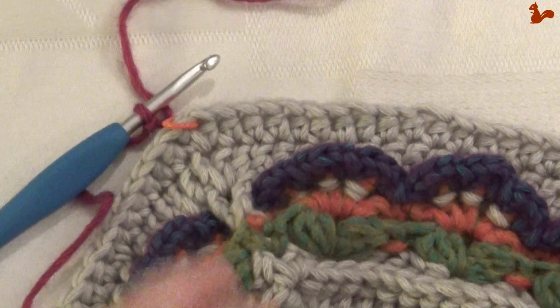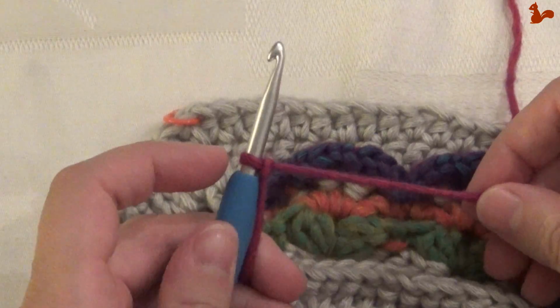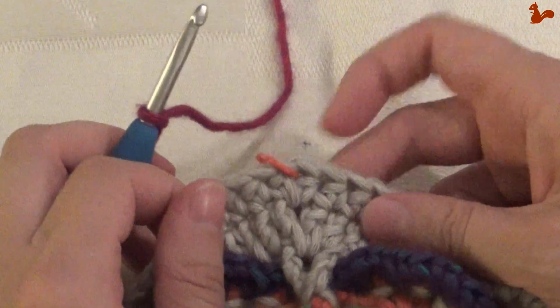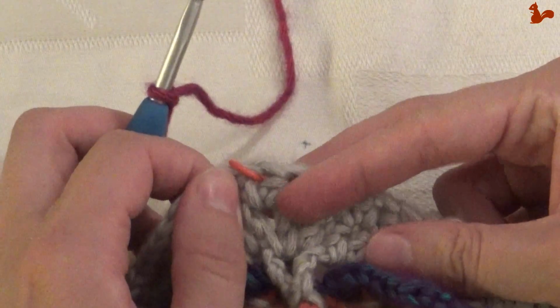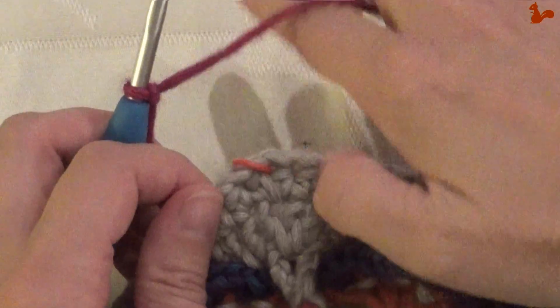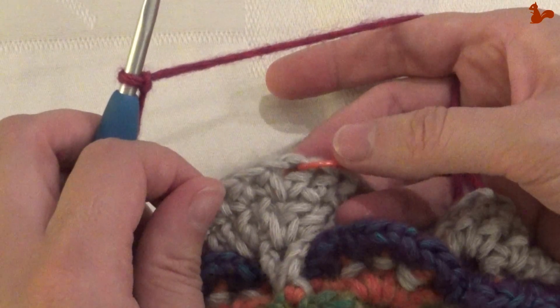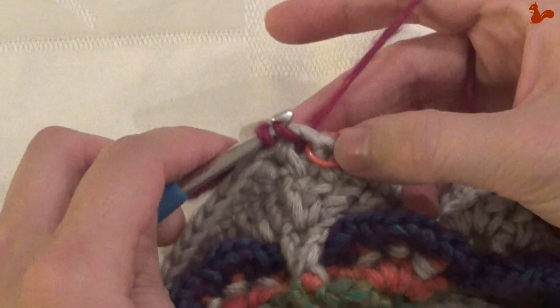Round 16 of the border, I have contrast color 4 on my hook with a slip knot. I'm going to start in any corner stitch. I've got my stitch marker there in that chain corner space. I'm going to start in there with a standing double crochet. So the corner is going to be a double crochet, chain 2 and a double crochet. The first one is a standing stitch,